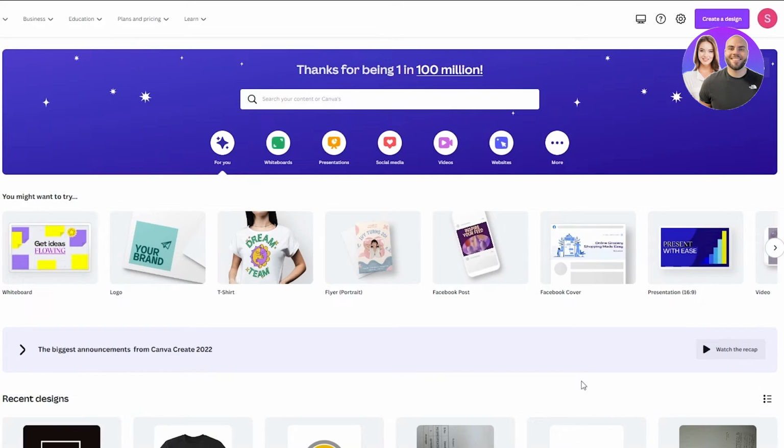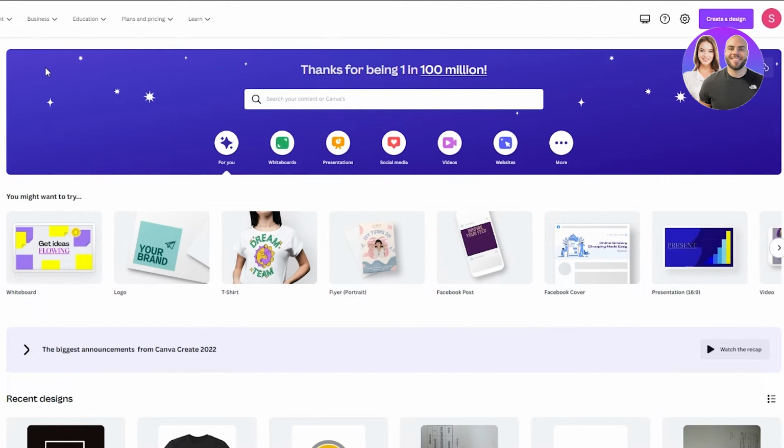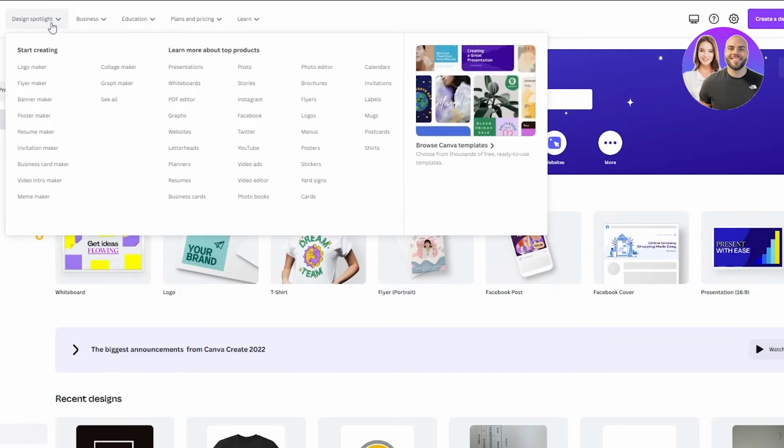So, guys, Canva brings you this amazing interface, and in this interface, you can see all these amazing features. Now, I'm going to go through what these features do, which ones are in the pro trial, and which ones are in the free trial. So, first of all, you're just going to go in the top left and you're going to see the design